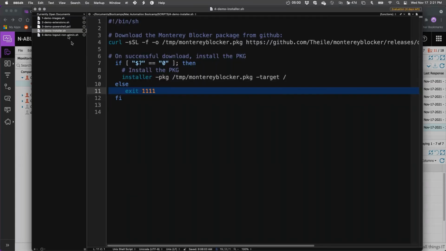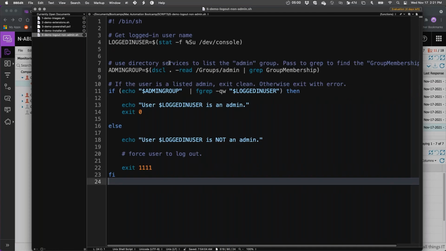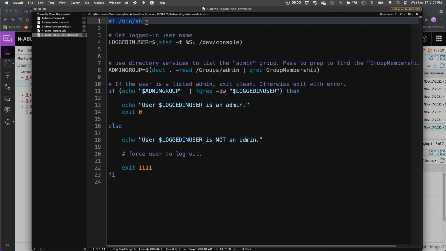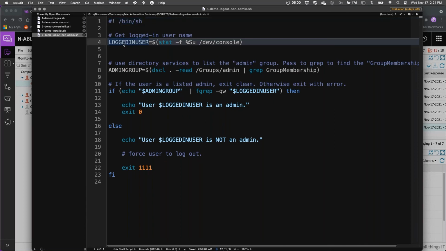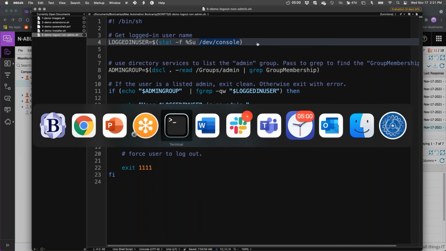And the source for that is here. So once again, get the shebang, setting the variable for the logged in user. And in this case, I am checking to see who the owner of this sort of virtual device file is. And with all things Unix,